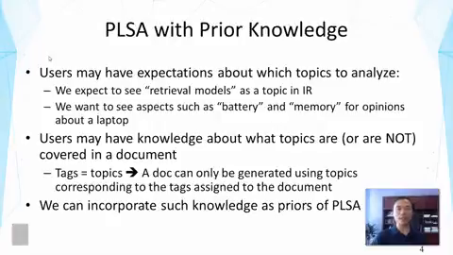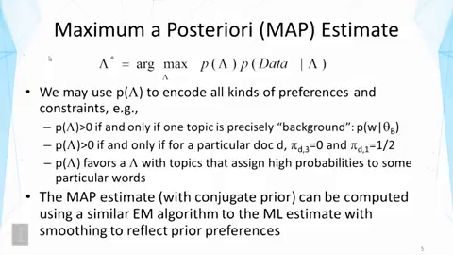It turns out that there's a very elegant way of doing that, and that's to incorporate such knowledge as priors on the models. And you may recall in Bayesian inference, we use prior together with data to estimate parameters, and this is precisely what will happen. So in this case, we can use maximum a posteriori estimate, also called MAP estimate. And the formula is given here. Basically, it's to maximize the posterior distribution probability. And this is a combination of the likelihood of data and the prior.